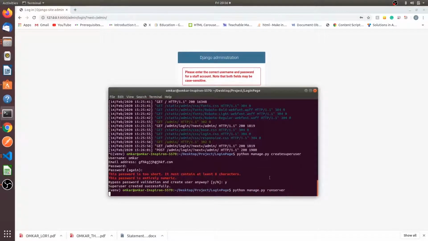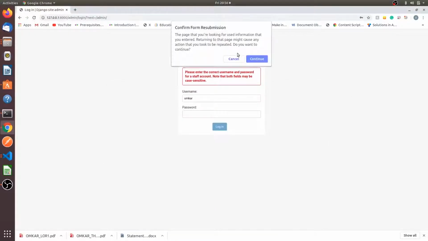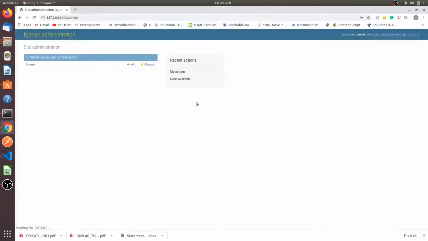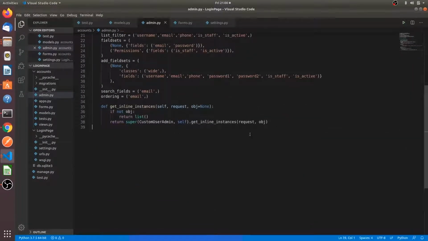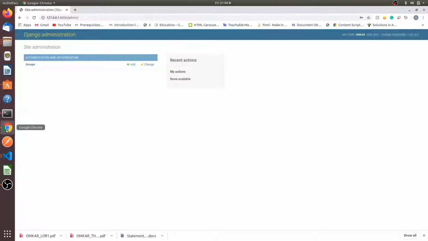So I'm running the server again, so I'm reloading it. Now I want to check the admin panel. Yeah, it has been opened. So I cannot see the user field here. I have to go back and check what is missing. Yeah, okay, I got it. So we have to write this. This registers all the changes we have done. So we will run our command again. I hope this should work without running the command. Yeah, we got the users.